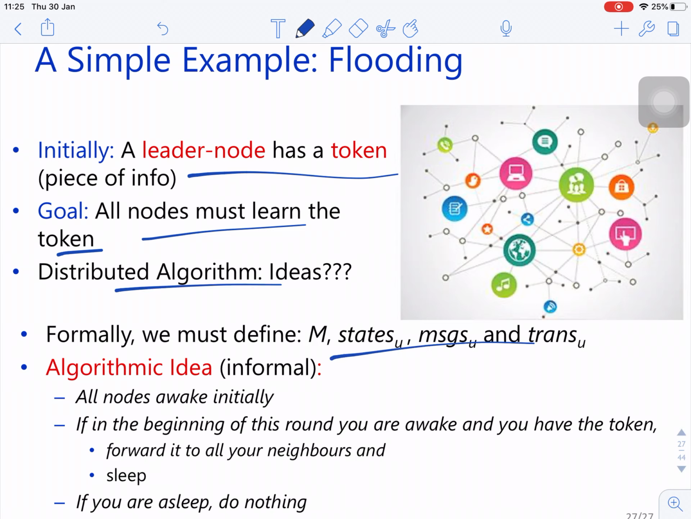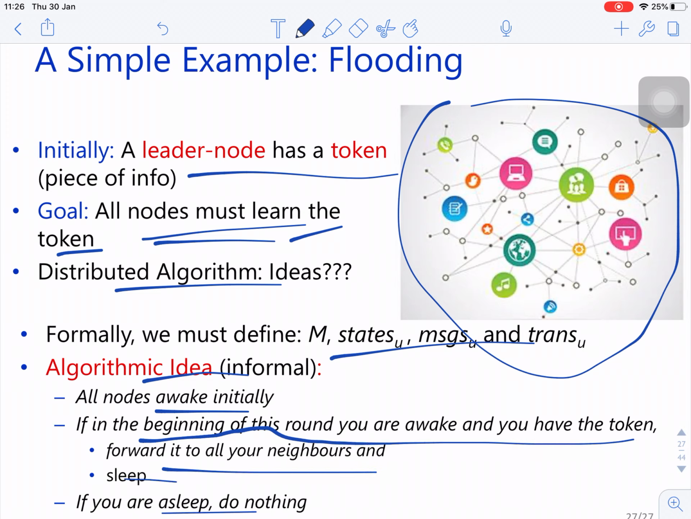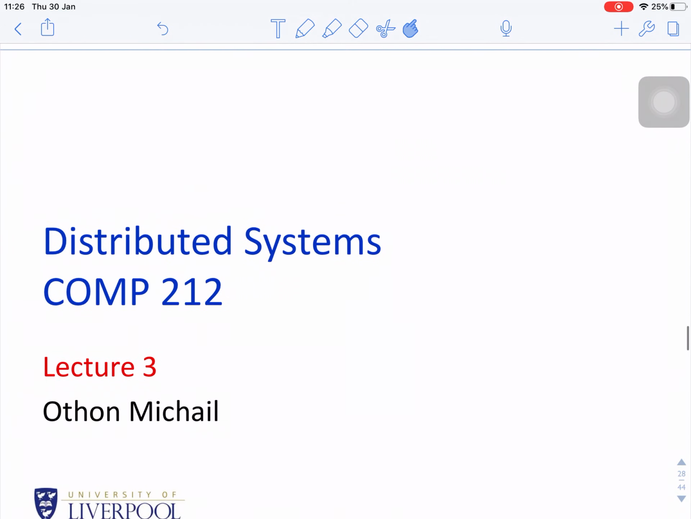So the idea is that all nodes are initially awake, and if the nodes learn the token, that is fine. If at the beginning of this round you are awake and you have a token, forward it to your neighbors and sleep. If you are asleep, do nothing. And then this is the